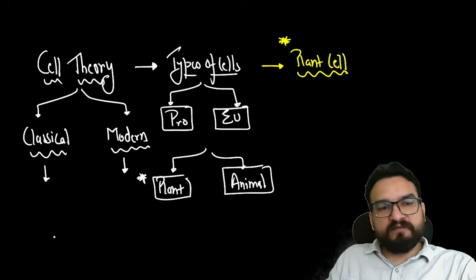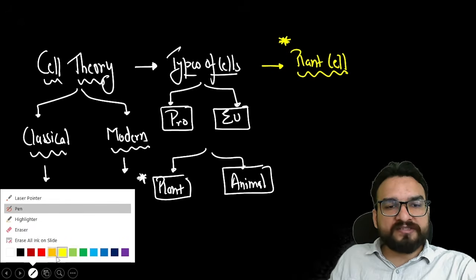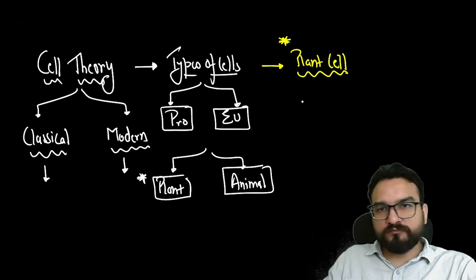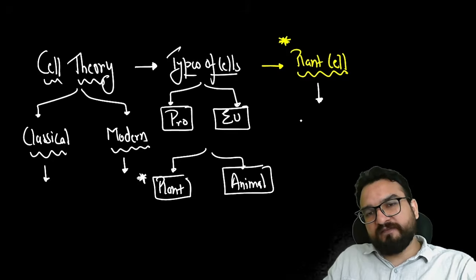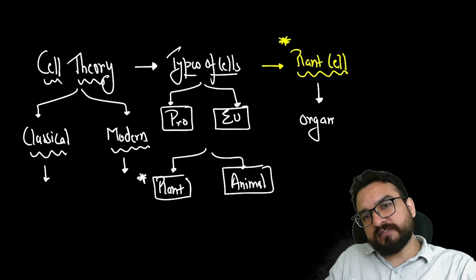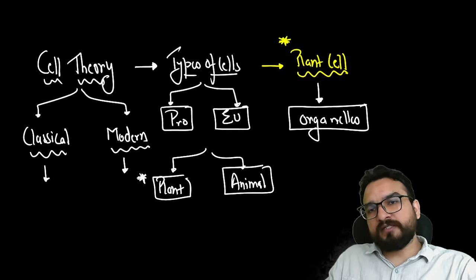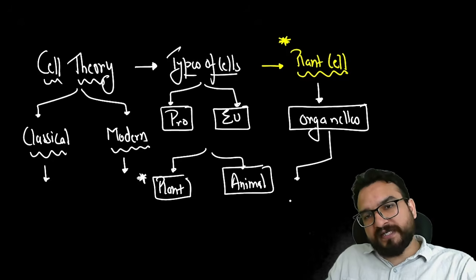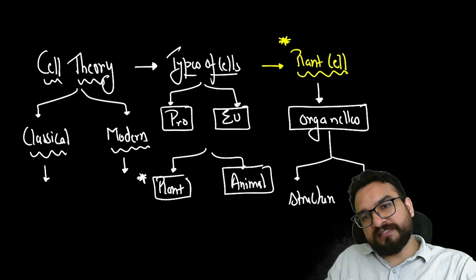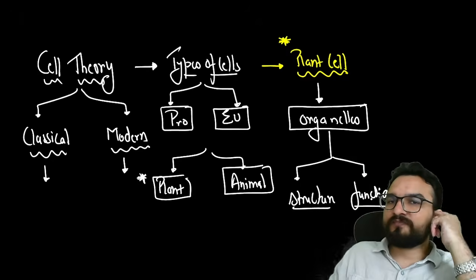And in the plant cell, we will understand the different organelles which are present, guys. So over here, our objective is to understand the organelles. What in organelles will you understand? 2 things, their structure and function. यहाँ से question आने वाला. From here you will see the questions, structure and function.